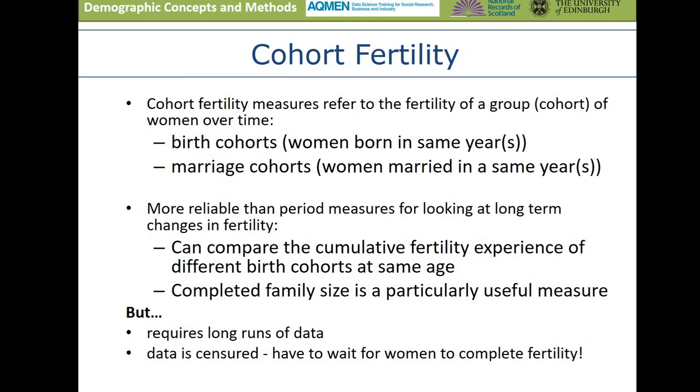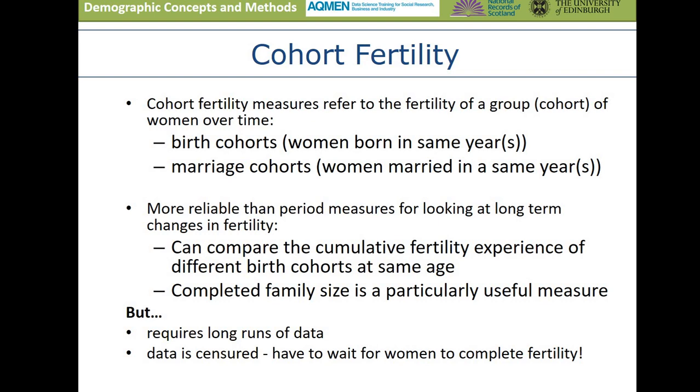The alternative is to calculate a cohort measure of fertility. As I said earlier, this refers to the fertility of a group or cohort of women who we track over time. This may be a birth cohort or a marriage cohort. And this is a more reliable measure than a period measure if we're interested in looking at long-term changes in fertility. So we can compare the cumulative fertility experience of different birth cohorts. And one useful measure is looking at completed family size of women who have got to the end of their